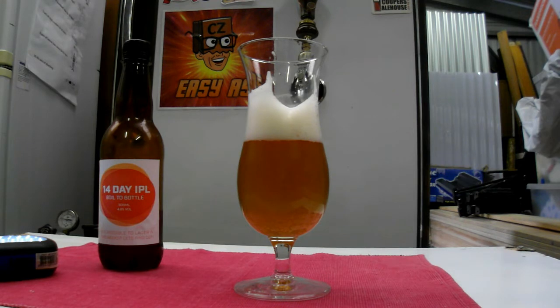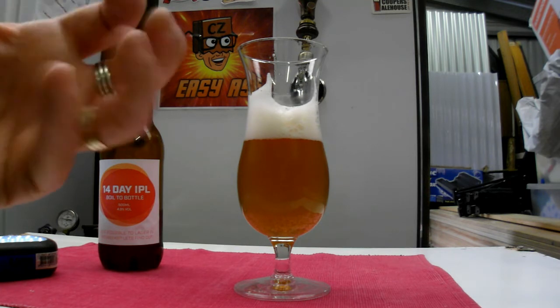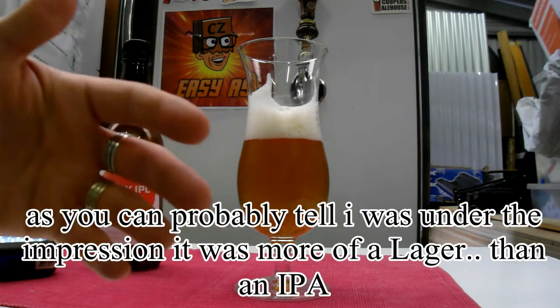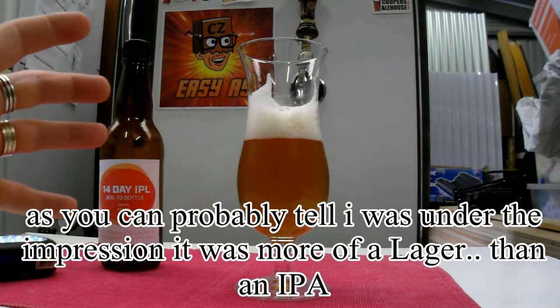Pardon me. Ooh. Okay, that's different. It goes down like a lager, but then there's something there. I don't know if it's a yeast, but it's a slight hint of roasty. Is it? Now I know that might sound odd for a lager, but it's not like it shouldn't be there. It doesn't taste like that. It's just